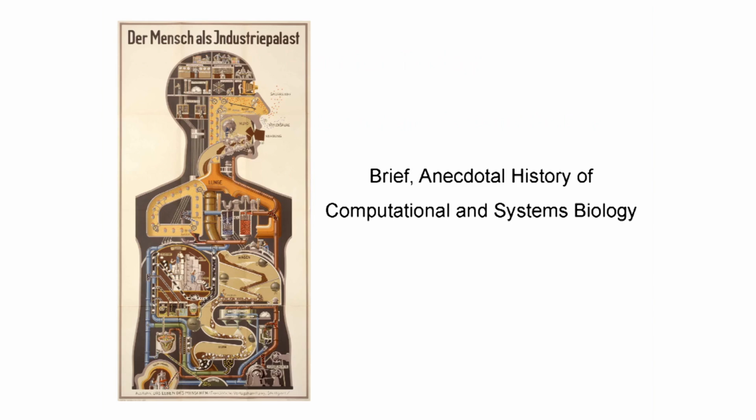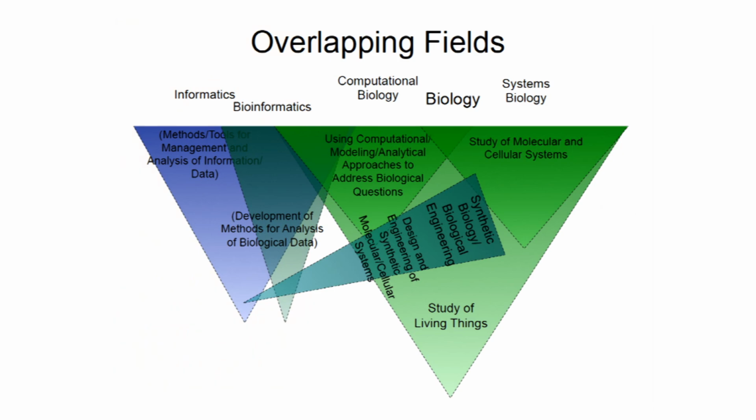This is just my take on computational systems biology. Again, it's not a scholarly overview. It doesn't hit everything important that happened. It just gives you a flavor of what was happening in computational biology decade by decade. Okay? So first of all, where does this field fall in the academic scheme of things?